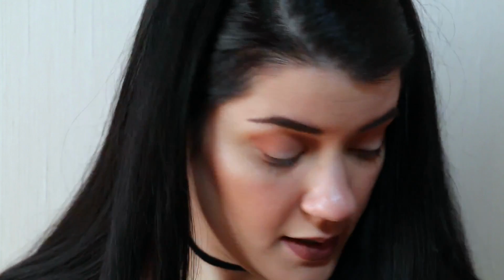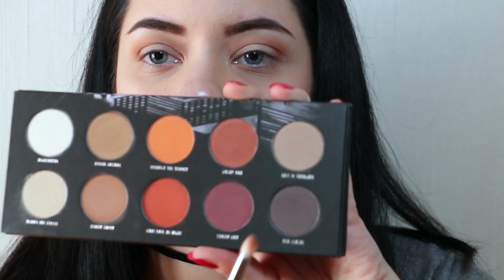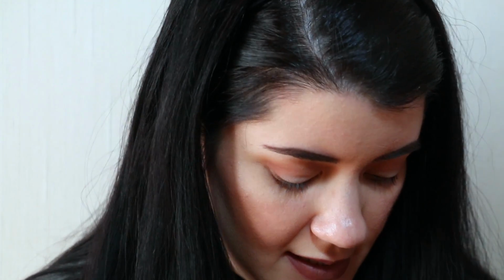I am. I'm just gonna take again the same pencil brush. Doesn't matter if it's dirty from the other eyeshadow, honestly, we don't care. And I'm just gonna take just a teeny tiny bit of the darkest eyeshadow in the palette. It's called Two Clocks, which is this one right here, just to deepen up the outer V a teeny tiny bit